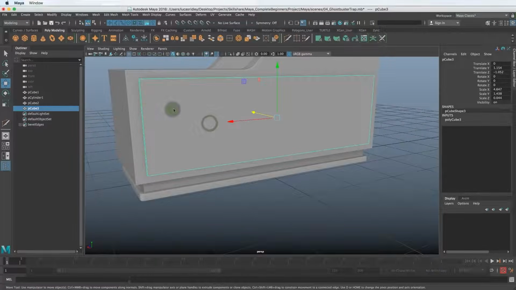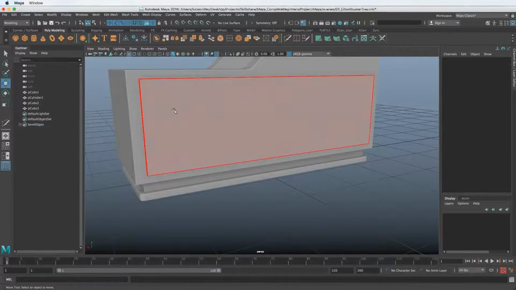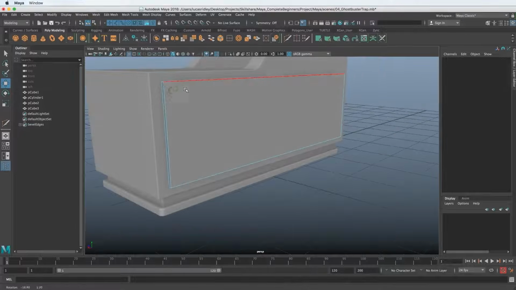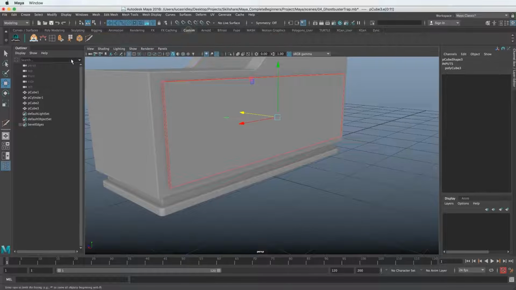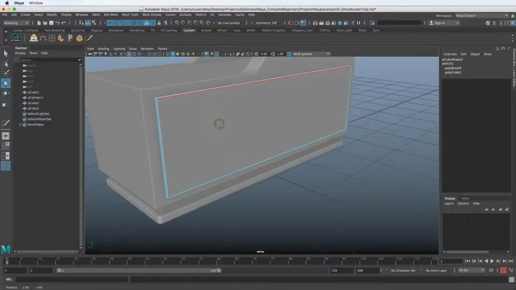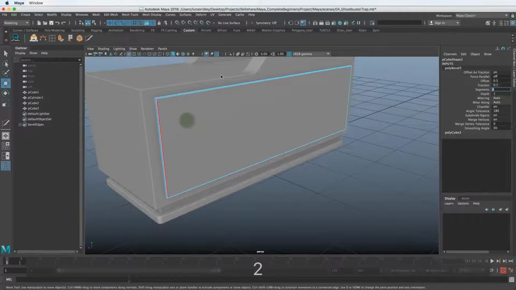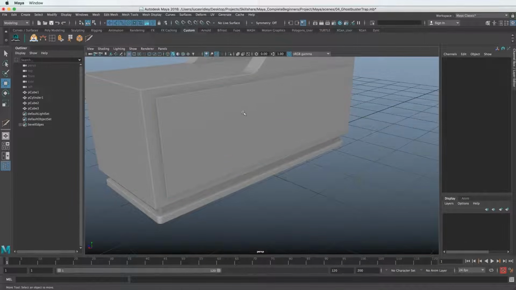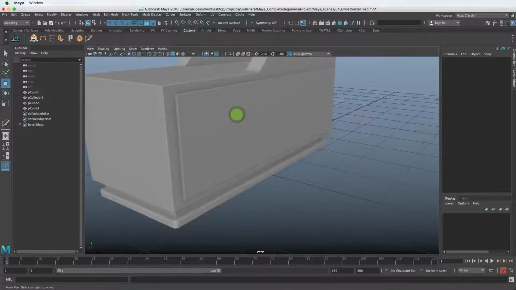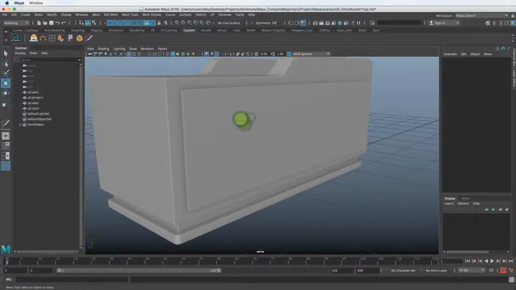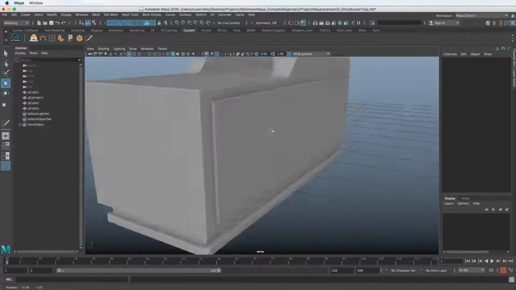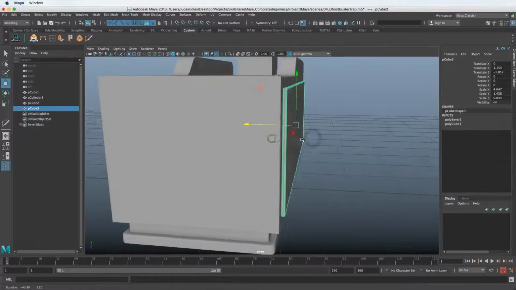Okay, so let's go to the edges here. Let's right click, go to edge mode. I'll just select everything and bevel everything together. And if we go back, I can click it here, but I like to go back to the custom shelf, so it keeps everything a little organized. And go to poly bevel, and let's just increase the segments to 2. And right click to go to object mode, and clicking and dragging, of course, to the object mode option here, and letting go. So now we have that.